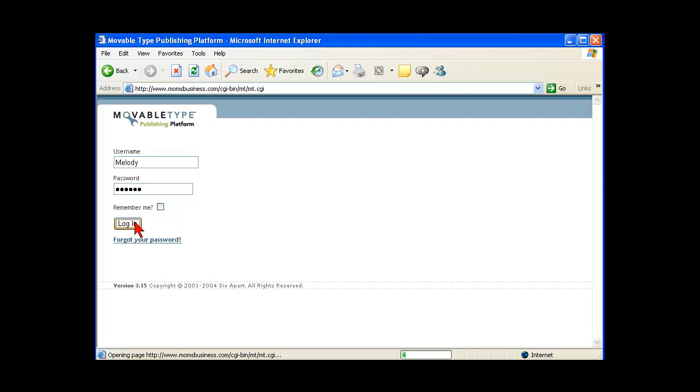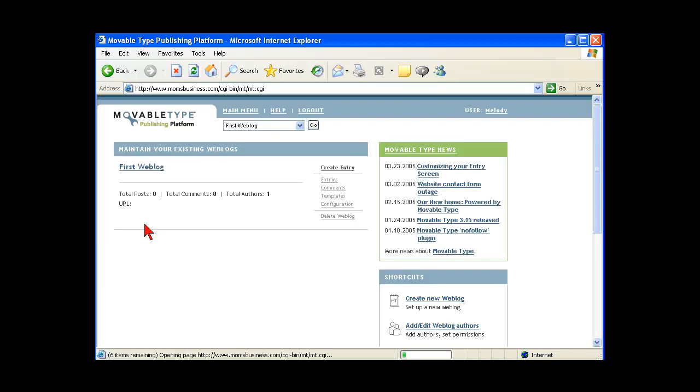Let's log on with this then. Just wait for this to come up, and up it comes here, and you'll see the username Melody at the top there, and her first weblog. Now we better change this, as I say, pretty quick. So first let's set up the account. Melody has all of the facilities and all of the usages of every bit of the software there. We need to change this straight away. So we'll click here on Melody,